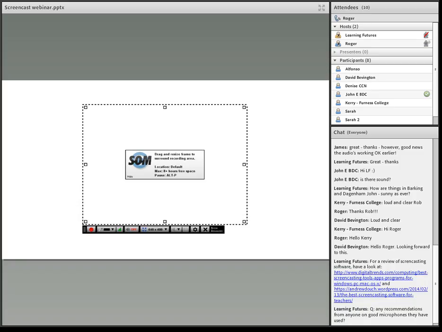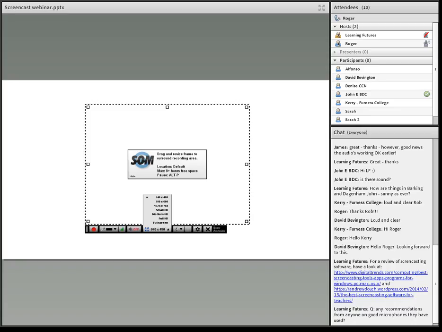So once you're happy, once you're on your screen, your page, then the next thing to do would be to set the size of your screen. So again, hopefully you can see it, a little bit small. Basically, you can set standard screen sizes, or you can go to full screen or full HD. Okay, the choice is yours. It depends how you want to publish it. More often than not, I'd be looking at something like full HD or full screen. Just be aware that if you do that, you will get things like menus and headers, etc., that it would pick up. But again, it's just something for you to play around with.